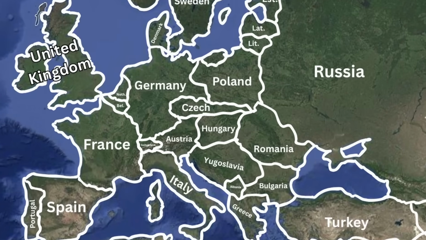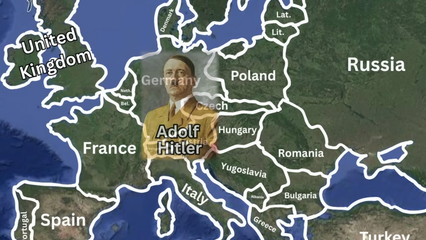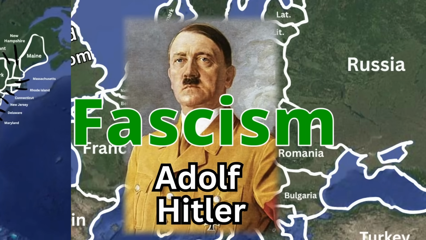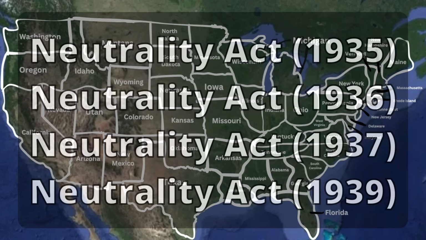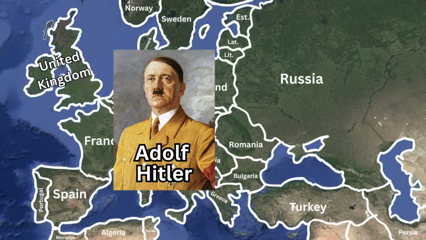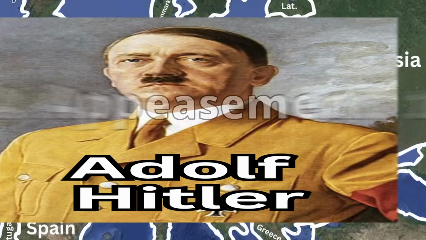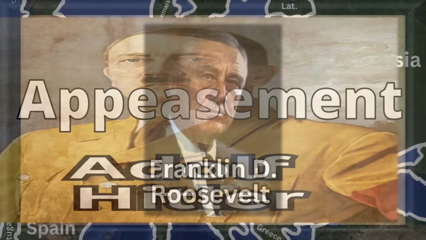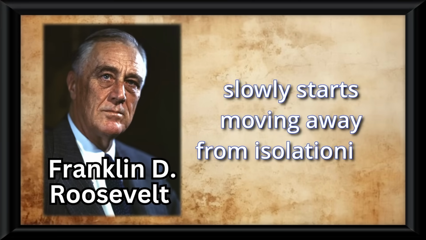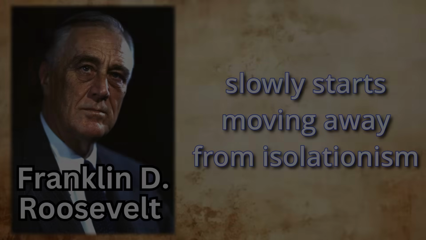But now we see something else rise in Europe, and that is a very famous mustache man with an ideology of fascism growing very strong. The US sensed war might come and passed a series of neutrality acts which didn't really work, and over in Europe, our good friend Hitler is conquering land and the horrible method of appeasement isn't alleviating it. Once FDR realizes these Axis powers are dangerous, he slowly starts moving away from isolationism, and then, out of nowhere, bam, the naval base Pearl Harbor is bombed by the Axis power Japan, and America officially enters World War II.